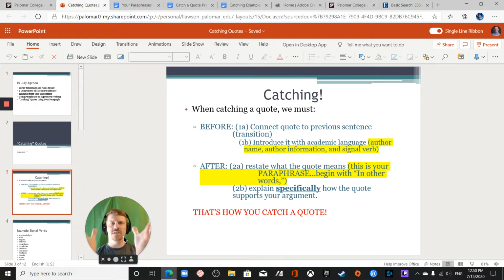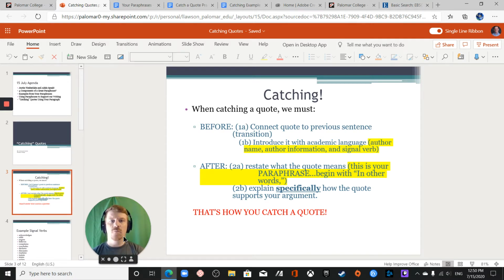Catching is basically thinking about catching a ball. You need two hands, one on either side. And imagine the ball is your quote, the thing that you want to use to support your ideas. So you need to have something before and after the quote to catch it in an academic essay. And here, the thing you need before a quote is 1A and 1B on this list, and then after, 2A